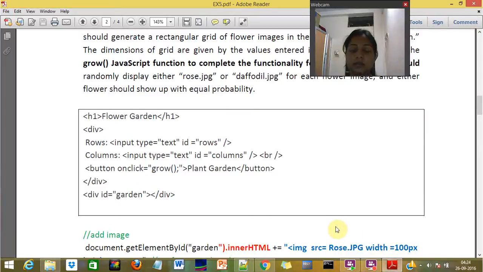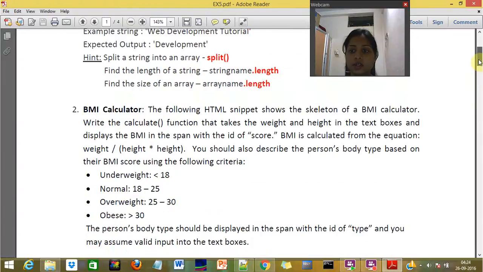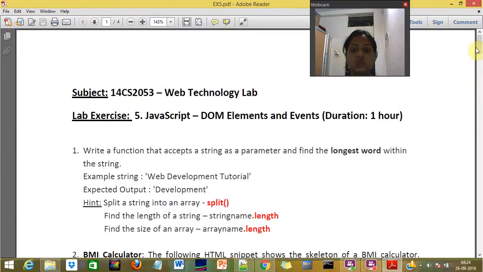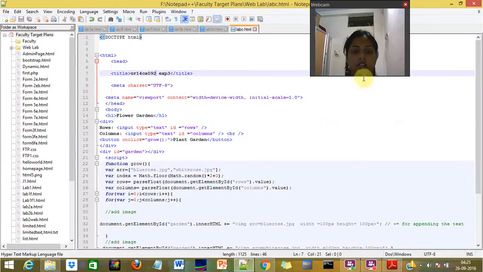Respected ma'am, I'm Priya Shaji and I'm going to explain lab experiment 5, which is divided into 5 parts. The first part is to find the longest word within a given string. Now I'll use the split function, which is an inbuilt function. Now my code is